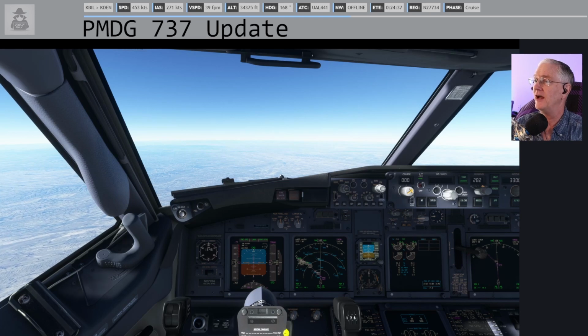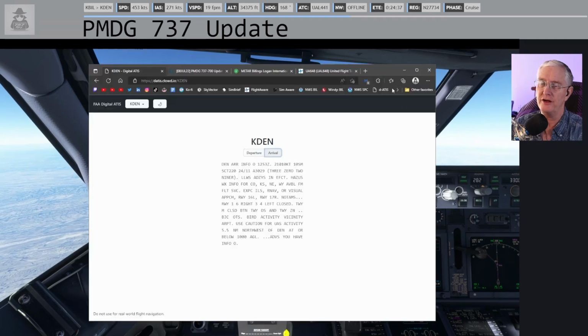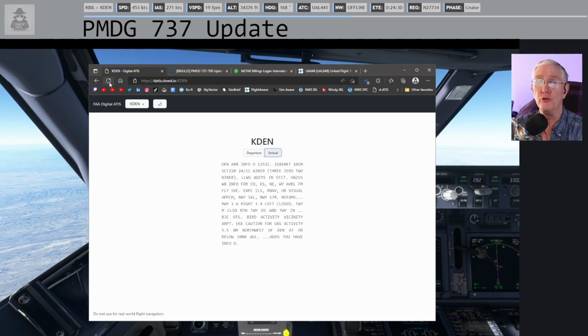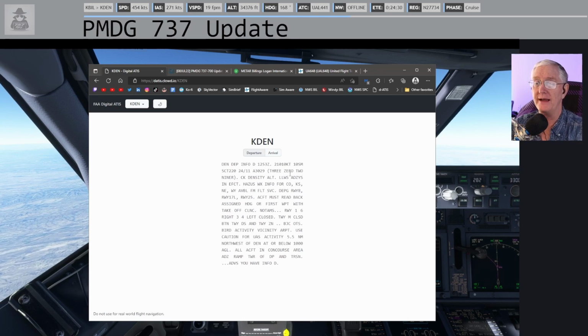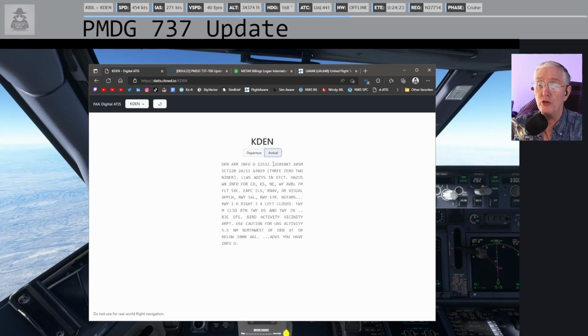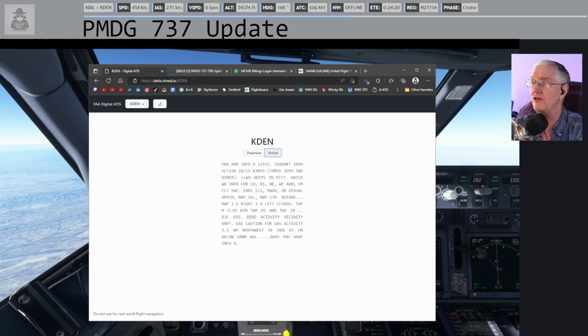You might remember just before we did the breakfast break here that we learned that there was a runway change. So let's go back to the digital ATIS here. Normally I land on 16 right, but the digital ATIS says 16 right is closed. So let's go ahead and do an update right now. This is the latest weather information. This is 12:53 Zulu, and it still shows 16 right is closed. So we need to change to 16 left